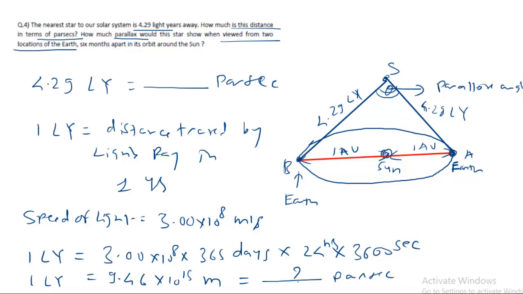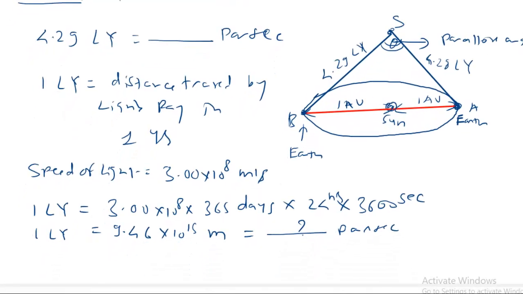Now let us express 1 parsec. As we know, 1 parsec is nothing but 3.08 into 10 raised to the power 16 meter. So if we want a conversion of light year into parsec, we have to get the conversion factor, and